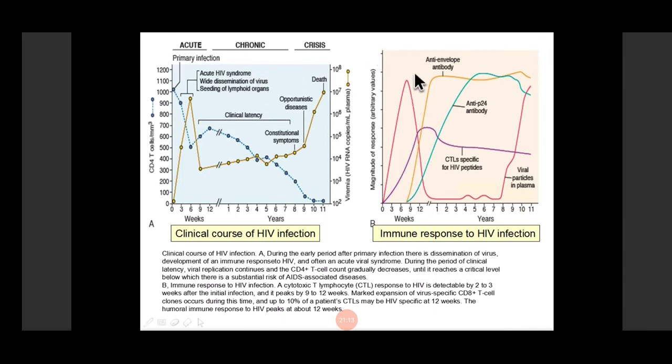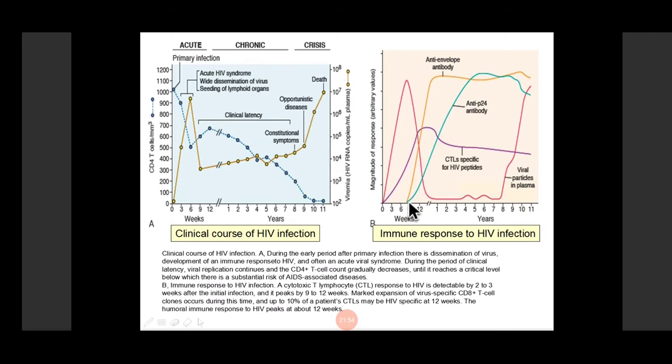So this is the immune response. Here we can see the viral particles can be isolated in the acute phase. Then after suppression of the acute phase, virus particles are at a very minimal level. Cytotoxic T lymphocytes also increase. Antibodies don't develop in the acute phase. They develop after a few weeks. After 6 weeks, anti-envelope antibodies develop, and also anti-P24 antibodies develop. Initially IgG antibodies, then IgM antibodies, and they remain throughout.